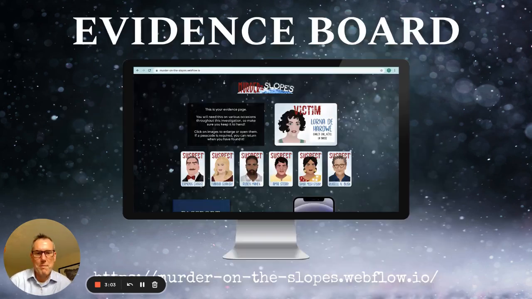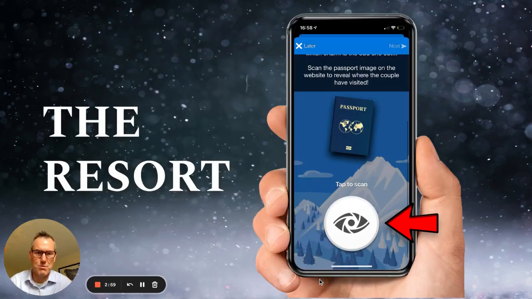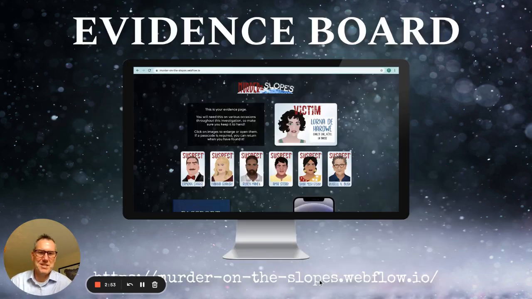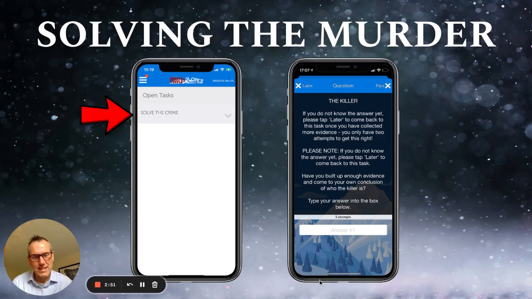We share a web page with all of the participants, and there's items on there that they need to scan with the app in order to bring things to life and add a bit more theatre and information to the activity. Towards the end of the activity, our remote host will release the task, the killer task, and you'll have